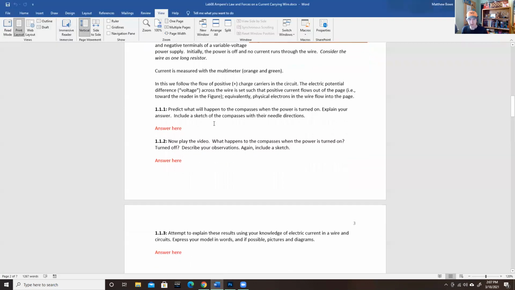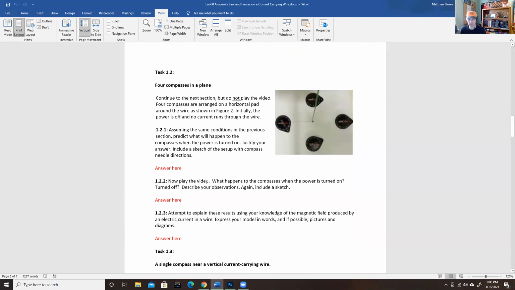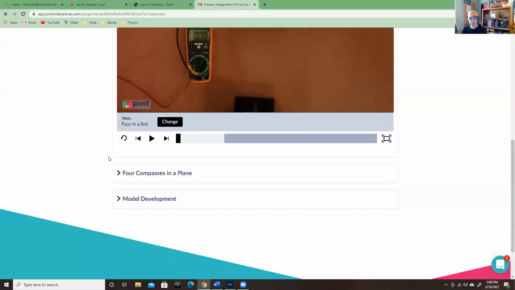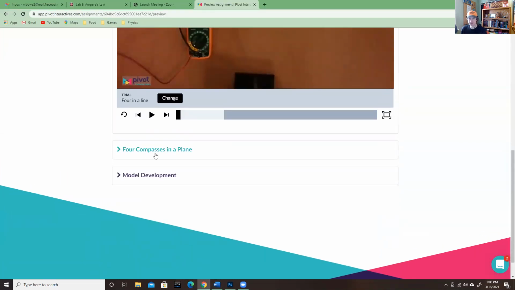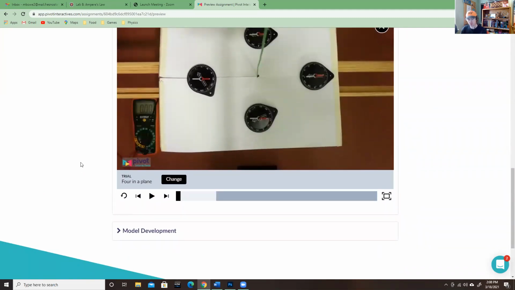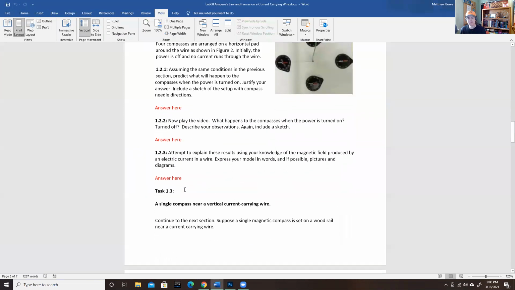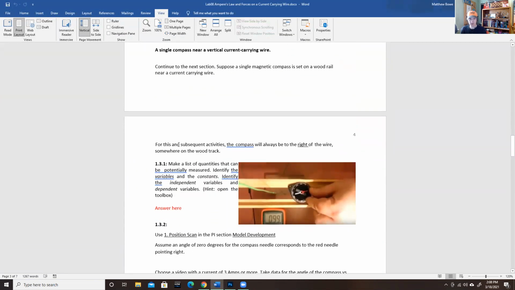The second part is analyzing the four compasses that are around the wire. That's on the same page. Scroll down to four compasses in a plane right here. Watch that video. You're going to predict what will happen and observe what does happen. Try to explain it. And then the third part, this first section,